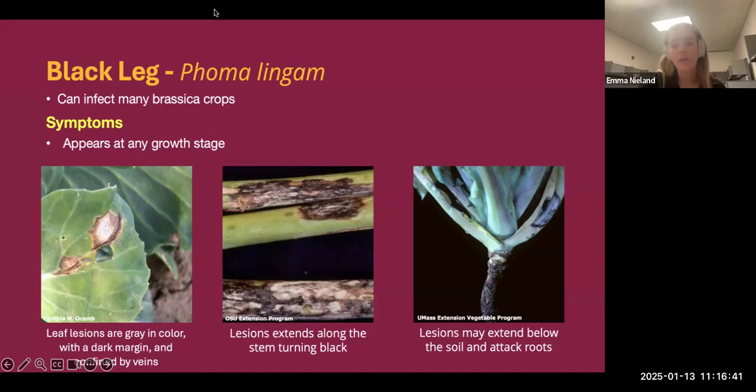In terms of leaf lesions, which you can kind of see in that left-hand photo, they start very small and irregular shaped, but they can grow and become more necrotic and grayish in color and will be confined by leaf veins, which form that sort of irregular shape seen there. There will also be potentially a darker margin of necrotic tissue. For root brassicas like radishes, they have slightly different symptoms. The roots will form cankers and dry rot may appear in storage due to this.